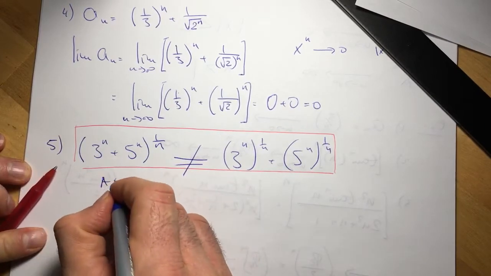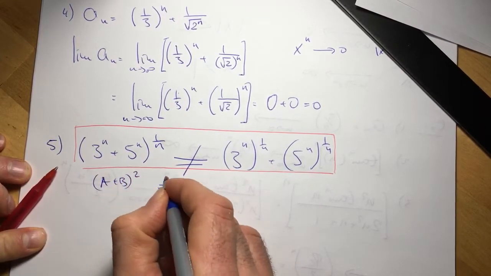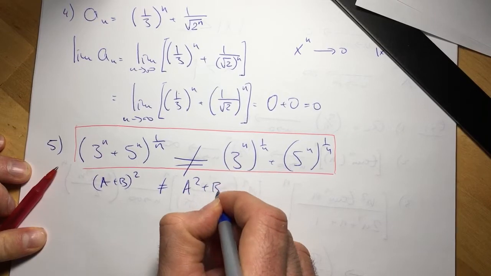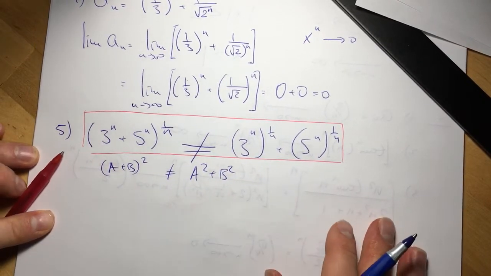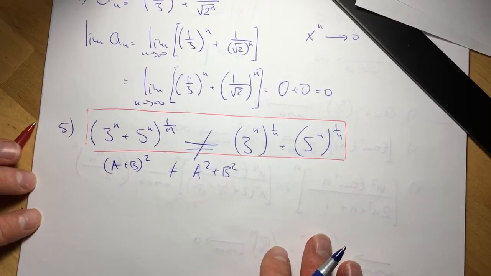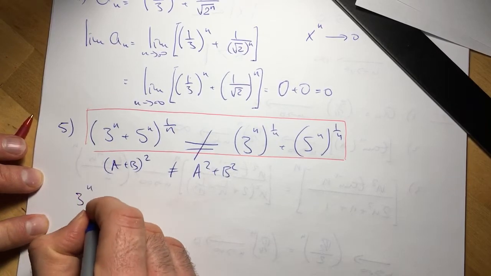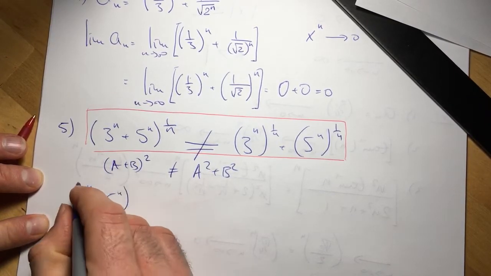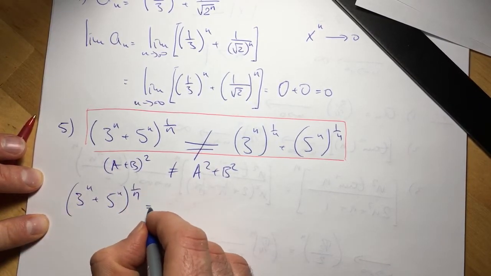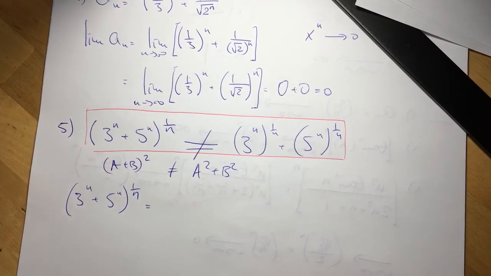Same as (a+b)² is not a² + b². So the question is, how am I going to answer this? So, (3ⁿ + 5ⁿ)^(1/n). One thing is to go through